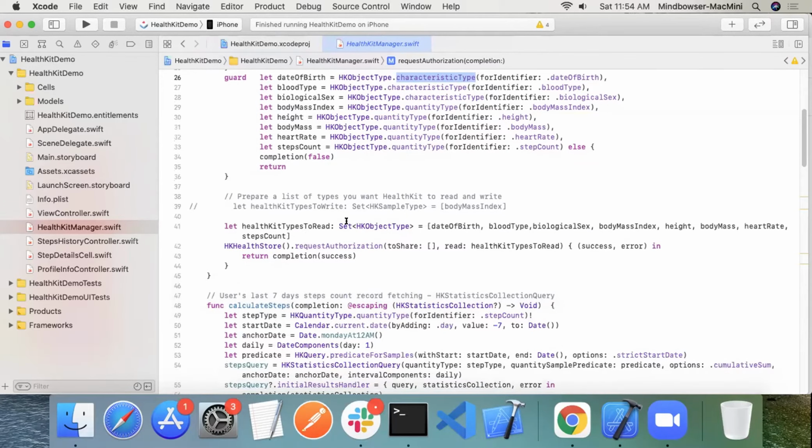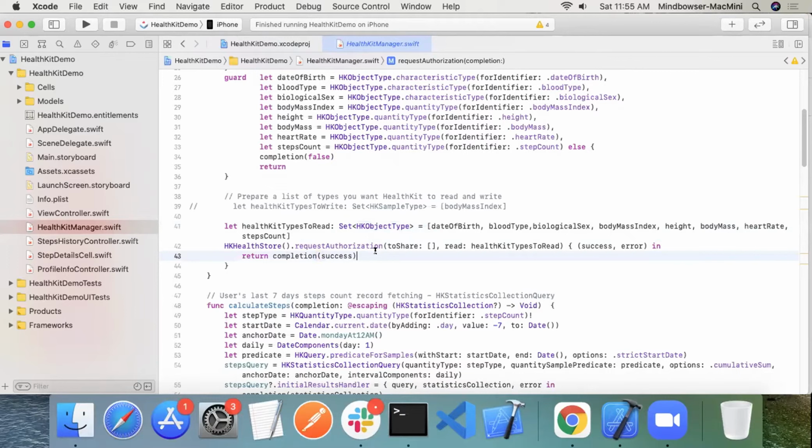And we have here a set of type HKObjectType. For flexibility, the HealthKit API allows us to request multiple characteristics at once. So I create a set as specified by the API. So here we add all the date of birth, blood type, biological sex, like that, all the values, and healthStore.requestAuthorization. So to access the health data, use requestAuthorization with the share types, read types, and completion method.